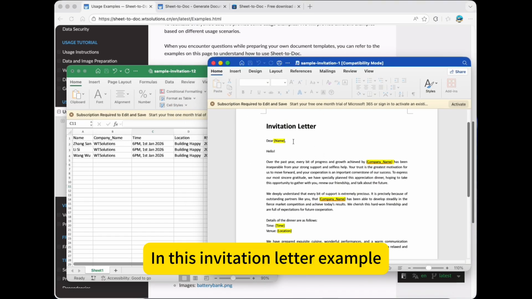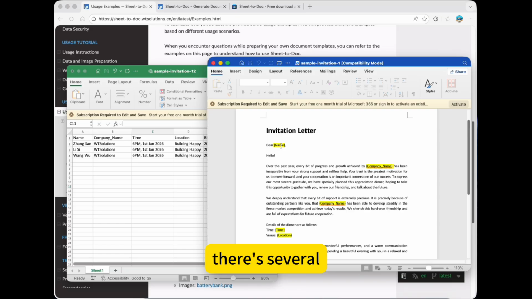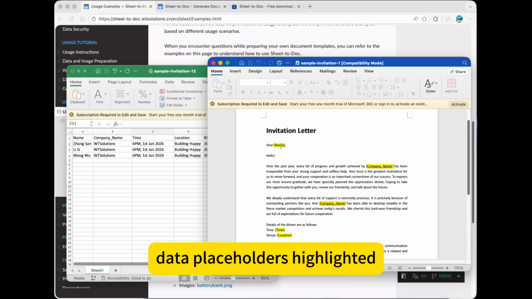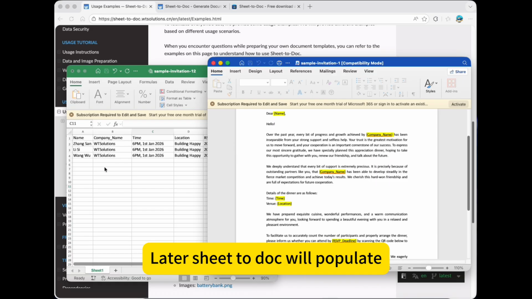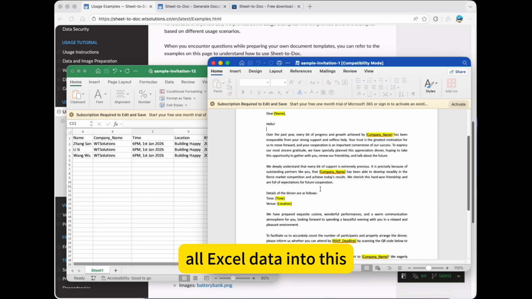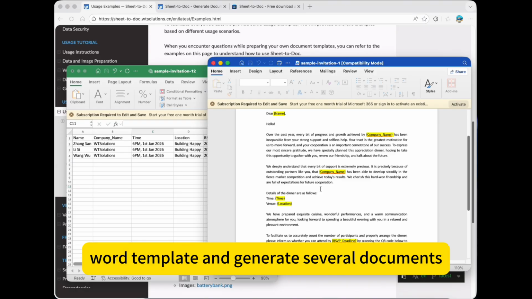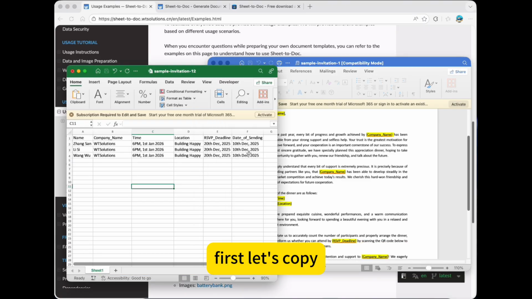In this invitation letter example, there are several data placeholders highlighted. You can see placeholders for name and company name. Later Sheet to Doc will populate all Excel data into this Word template and generate several documents. First, let's copy